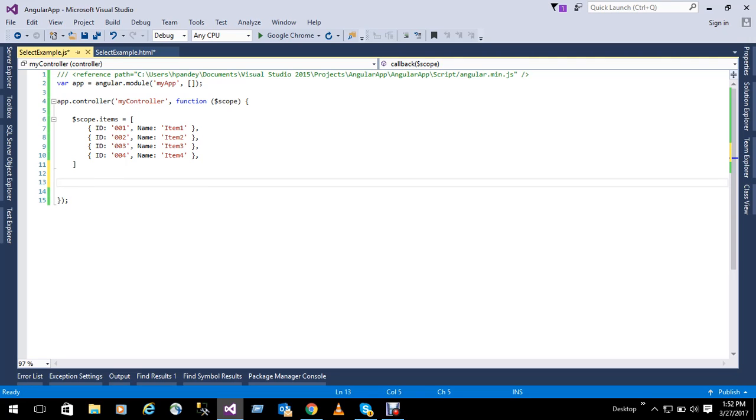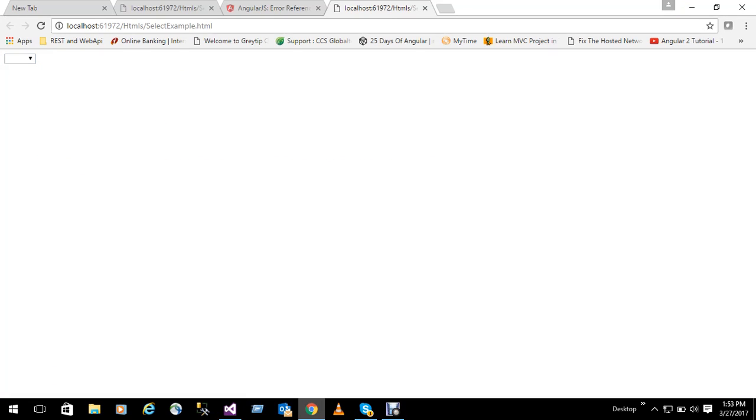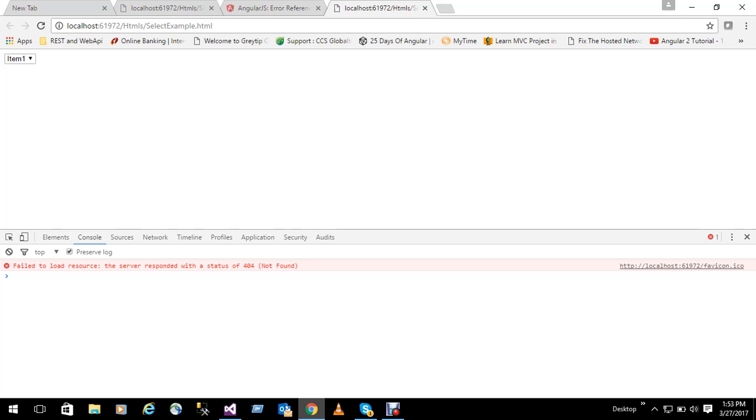But I need to fill it with some value, so I can take selectedValue here. Selected value equal to, and I am taking a manual value here, 001, and now I will define this ng-model. Now I will refresh this page, and you see there must be no error. It's an obvious error, not related to our purpose with this task. So now you can see all the values have been bound here successfully